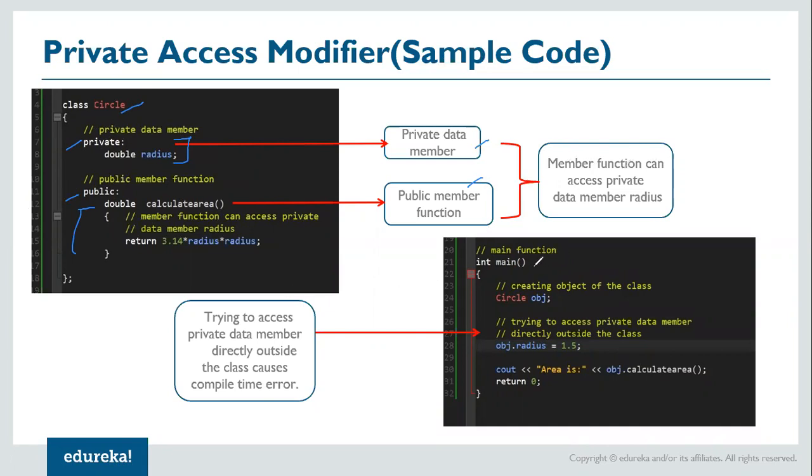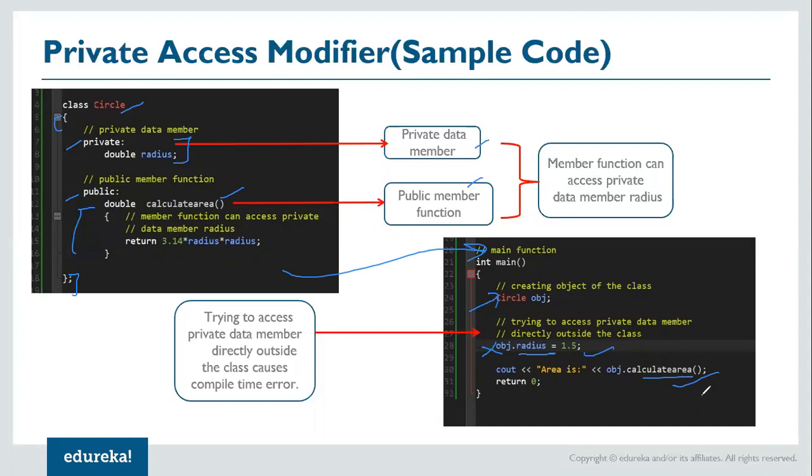Now inside the main method, what I do is I create an object of the class, right? Now I cannot perform this. This will cause a compilation error because the radius is a private member, so this is not allowed. Whereas since this is a public member, I can call that particular function outside the class. So basically the class starts from this bracket and ends at this bracket, right? So outside this class, which is this main method here, I cannot access the private member, but I can access the public member. So let us try this with an example.